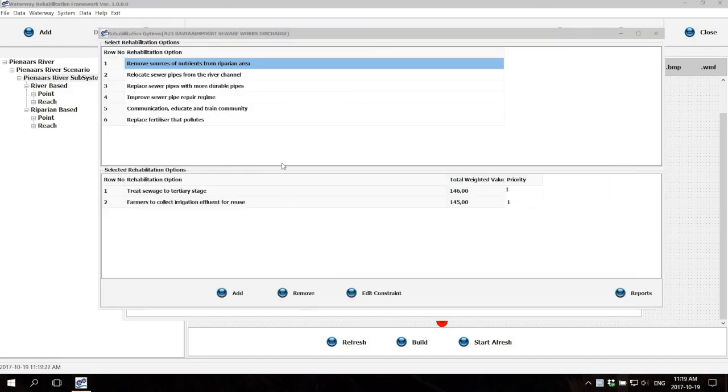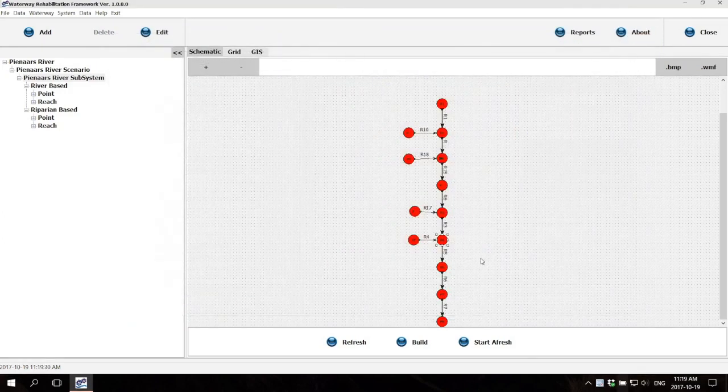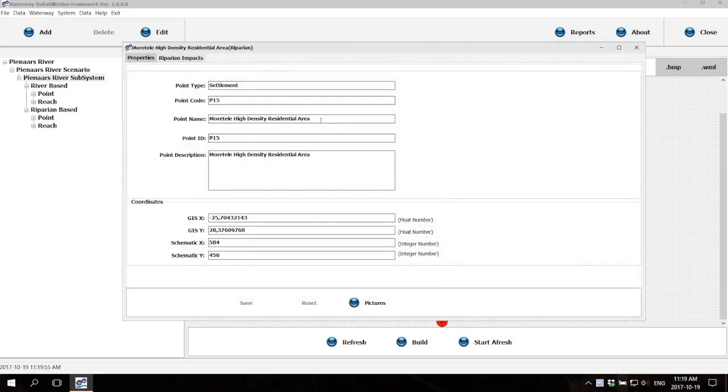Okay, so now that we have discussed our inline rehabilitation for specific points, I'm now going to show you guys how to do it for a riparian based point. Similarly to how we got information on a specific inline river-based point, if I just go ahead and double-click on a riparian-based point, for example here the Marietta high-density residential area, again this first properties page we are very familiar